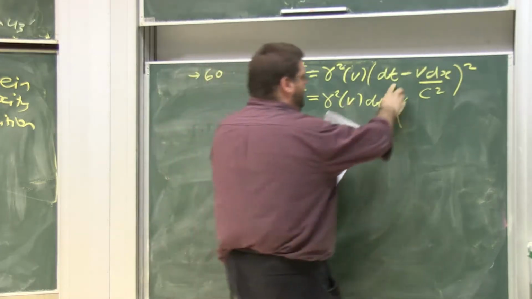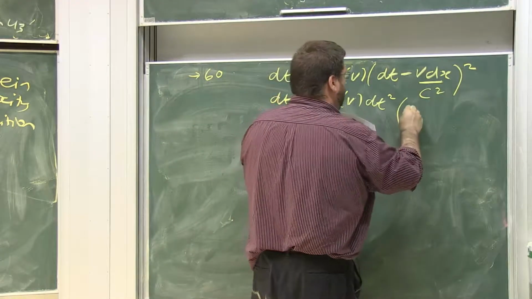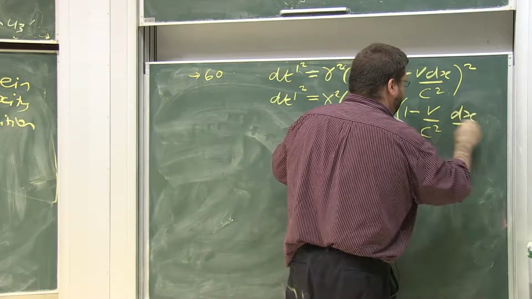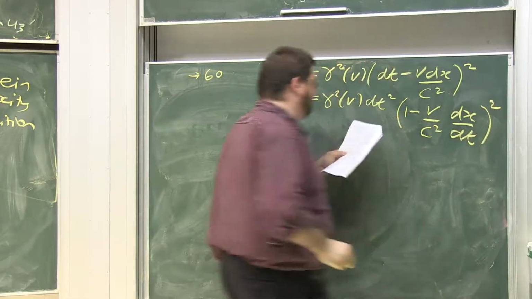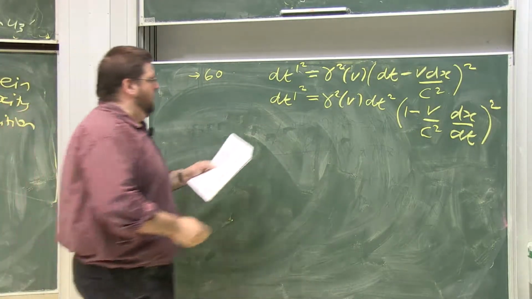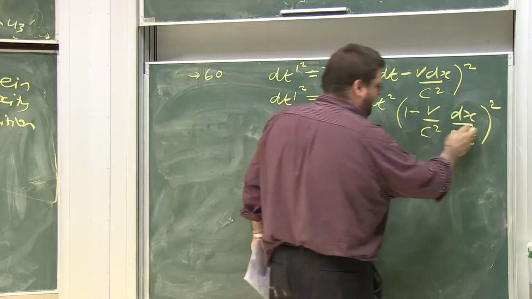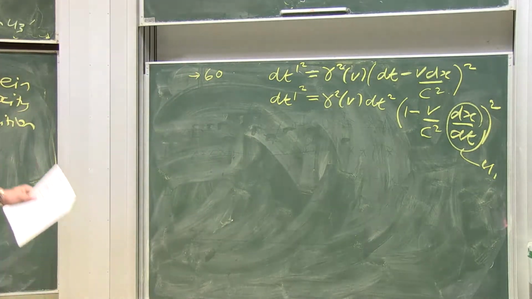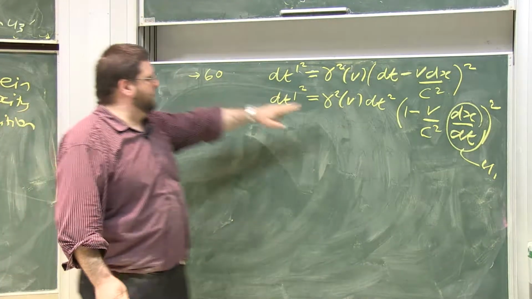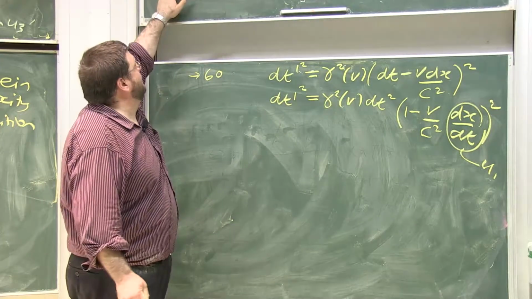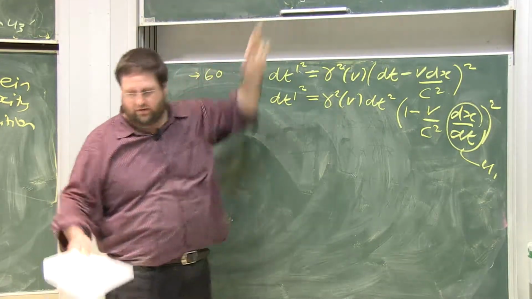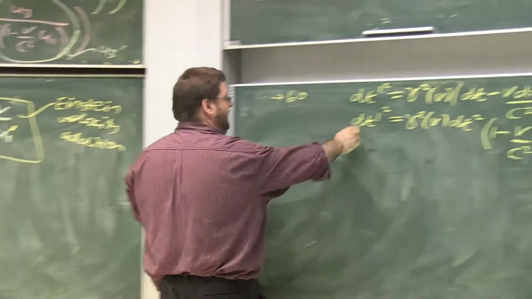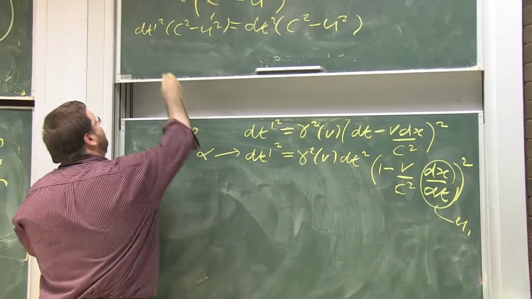Then we've factored out a dt squared, so this becomes a 1 minus v on c squared, and this is going to become dx/dt, squared. And dx/dt is nothing more than u1. So this is letting me turn a dt prime squared into something proportional to dt squared. And if it's proportional to dt squared, the dt squareds are going to cancel. Yep. So if you substitute this expression here, let me call it alpha, into beta,